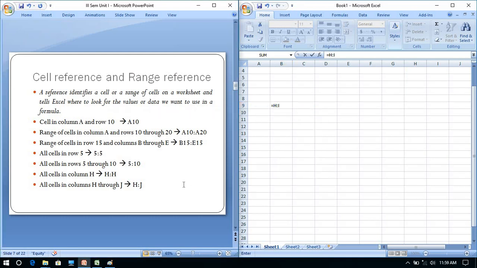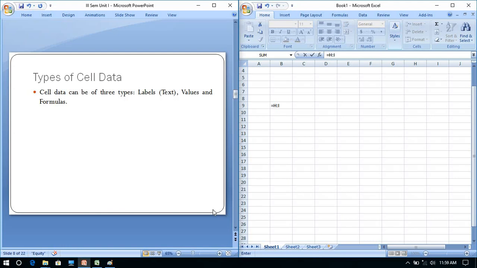This way the colon operator is used between two references, where this is one starting cell and this is the last cell of the range. In between that we have to make use of the colon operator. Remember that. So this is what we call cell reference and range reference.